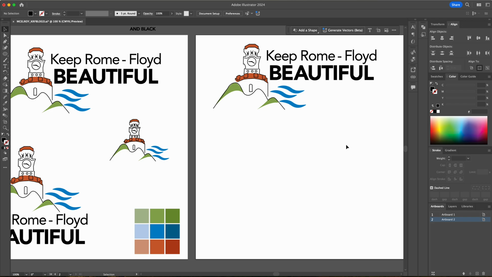I'm going to use the Keep Rome Floyd Beautiful mark that we've been using in class to show you how scale and proportion and the placements of type as it relates to the symbol itself can create a totally different dynamic for a combination mark based on how you put things. So let's go ahead and I'm going